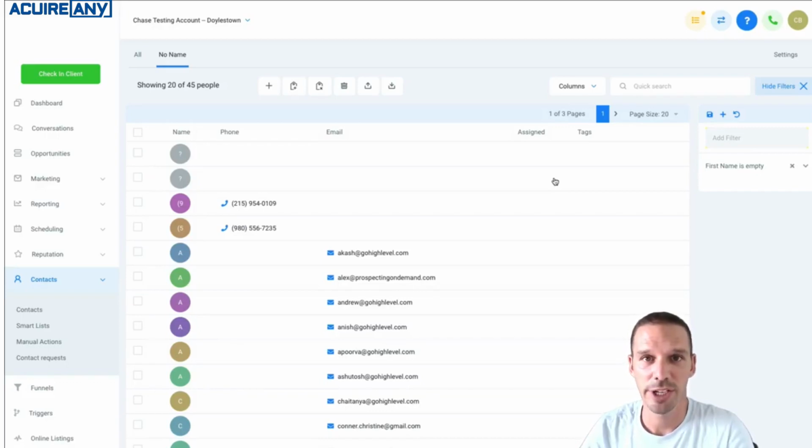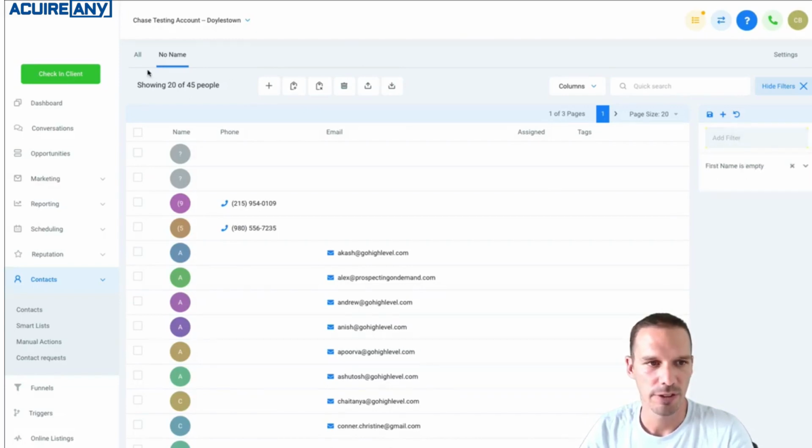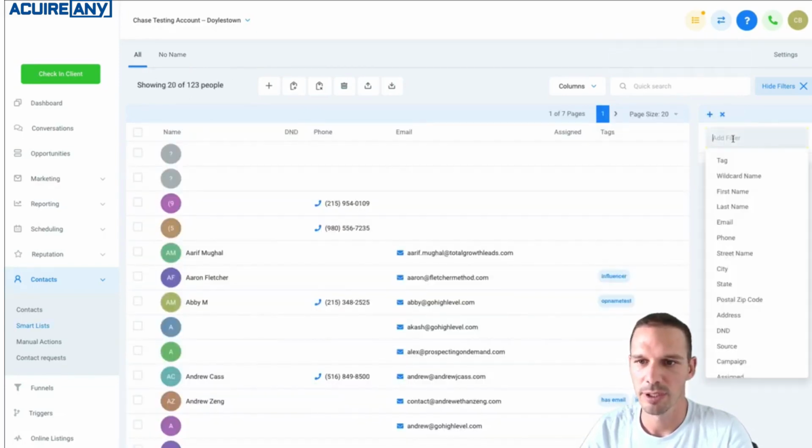Now let's talk about creating a list. To do so, we just come over here to the filters area. First I'm going to start on the All tab. I'm going to click into my filters, and now you'll see a list of all sorts of different filters, each of which has its own options that you can use to start to create or narrow down a list of specific people. Some useful ones: right away, I can see here that I have a number of